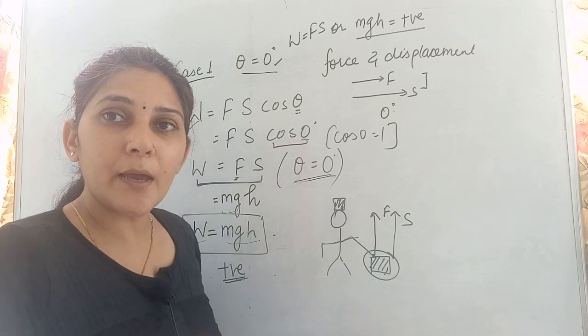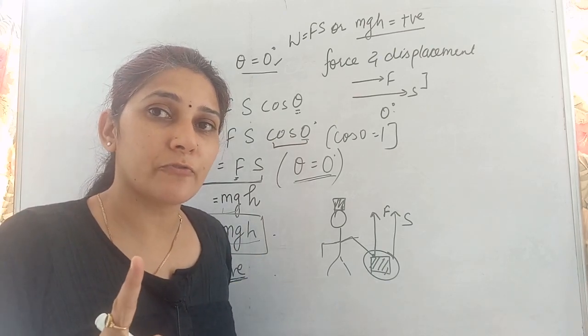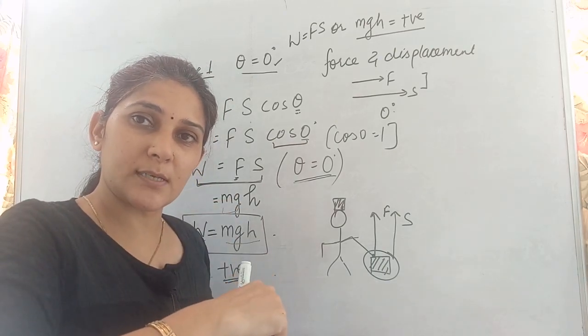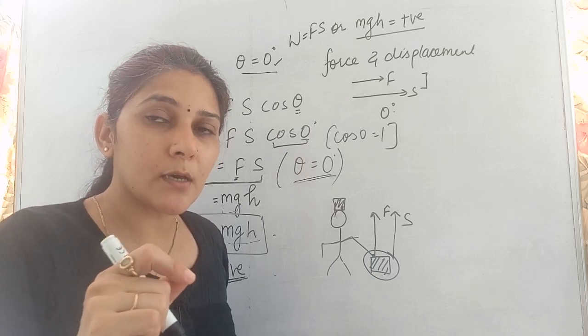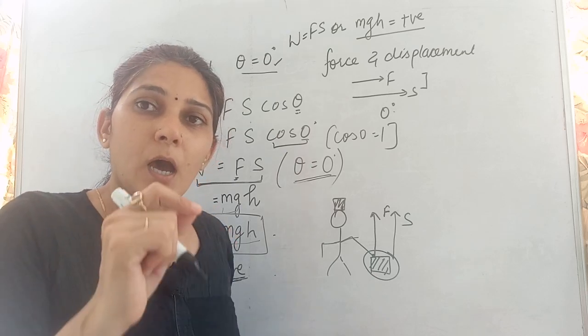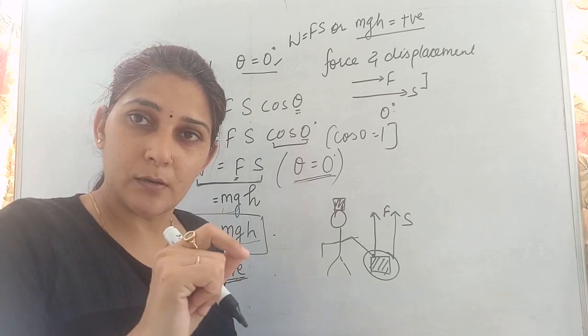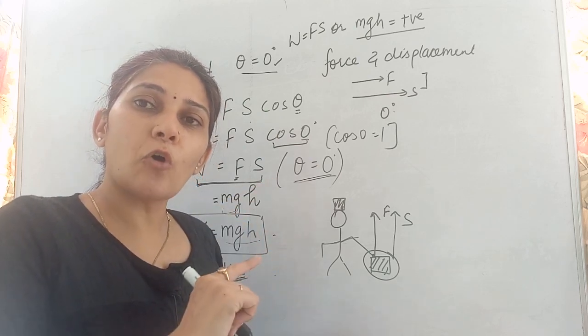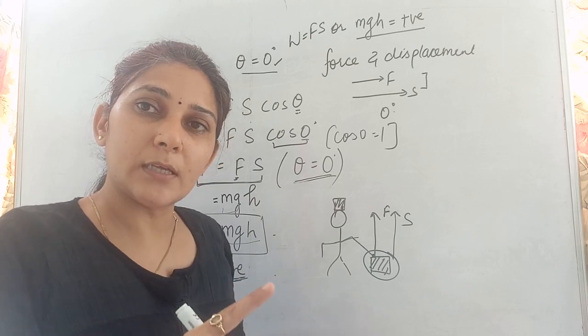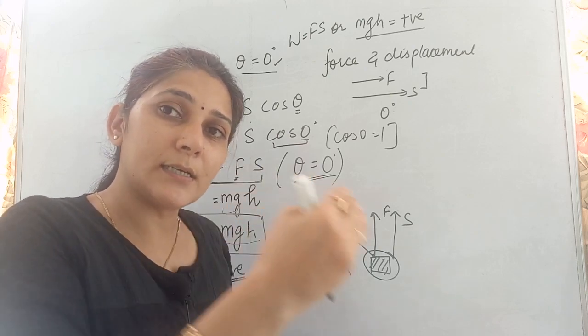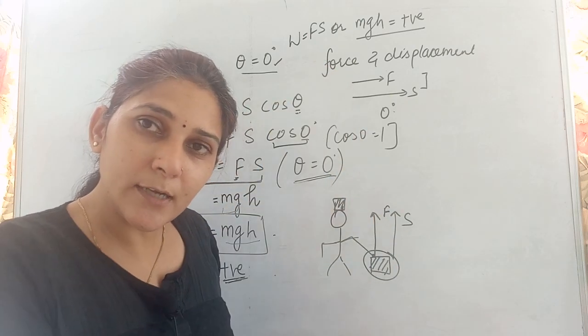This is the force applied by me now, not by the force of gravity. This is what I told you in the previous example. You need to read carefully about which force we are talking about in the example. In the previous one, we were talking about the force of gravity. The force of gravity is exerted on the ball, so that is in downward direction.